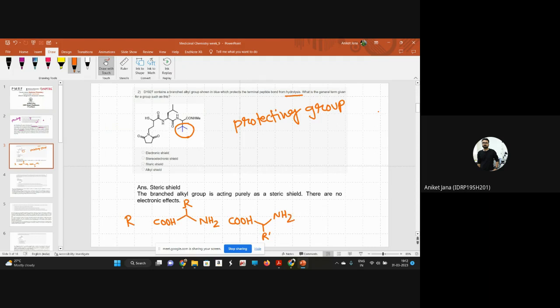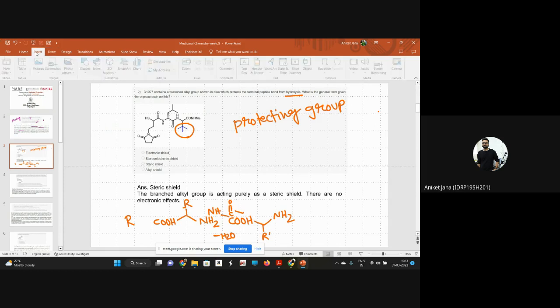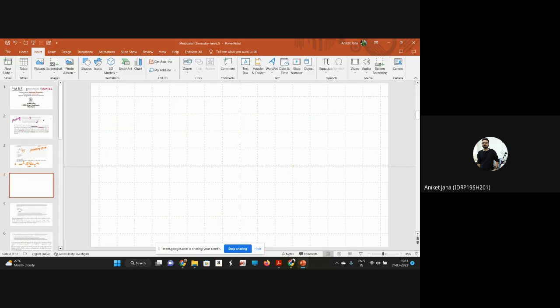Then what happens? This NH2 terminal will react with this COOH. Then acid amine coupling takes place, and water is eliminated, and the amide bond is formed here. Okay, C-NH, C double bond O, here NH and here C double bond O. Then the rest part is the same. In this way, the synthesis continues. Okay, so let's see what is the utilization or what is the need of the protecting groups.